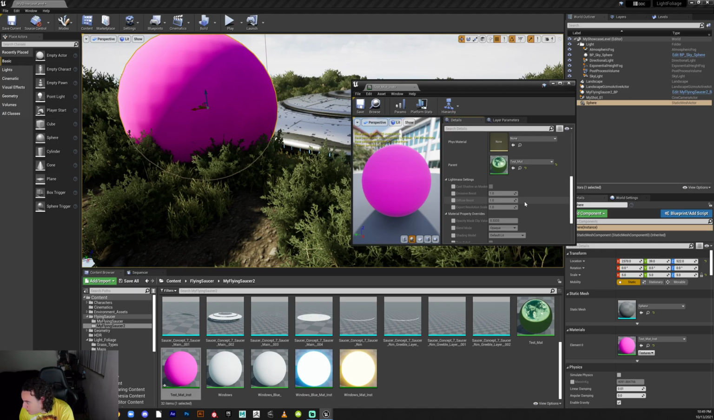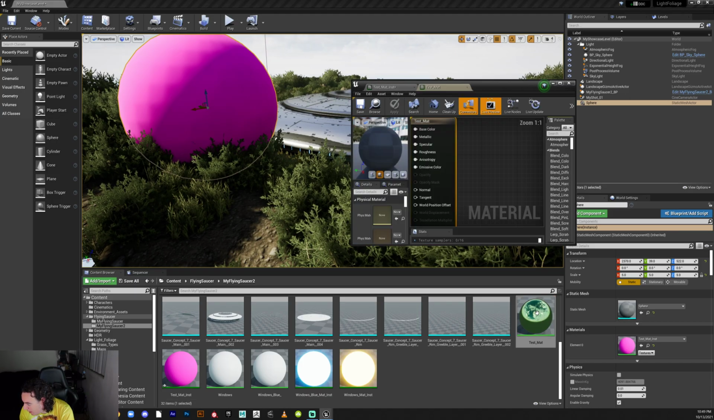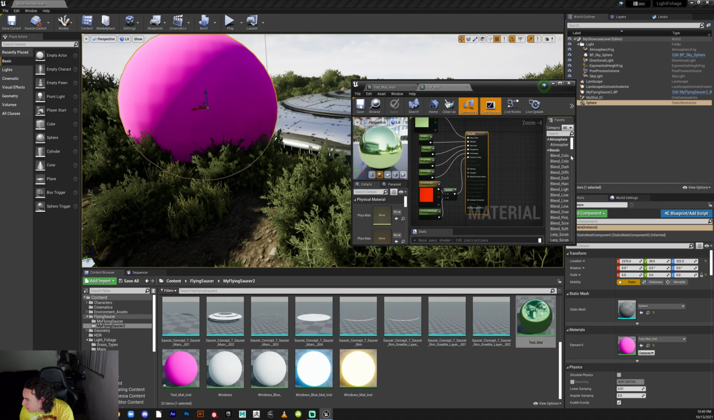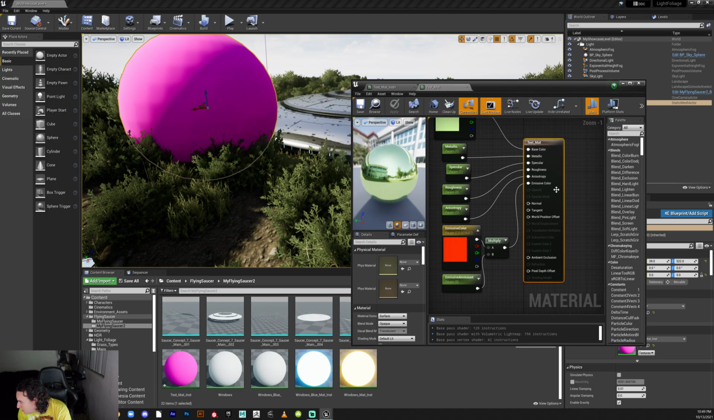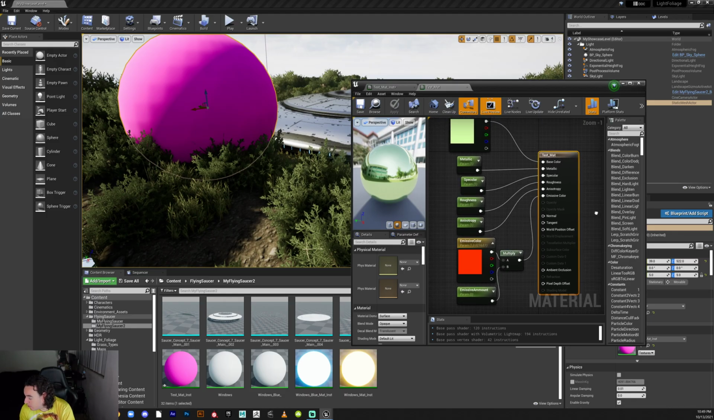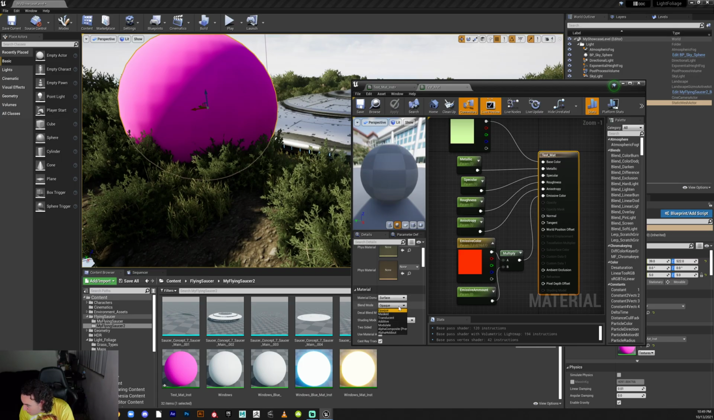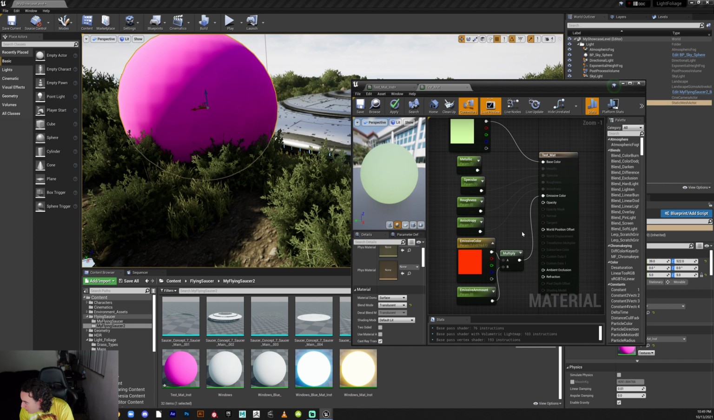And speaking of glass, if I come back over into the test mat material, I'm going to go ahead and make this a little larger. Okay, so here we have other nodes. There's opacity and opacity mask. So in opacity, if I change the blend mode to be translucent,